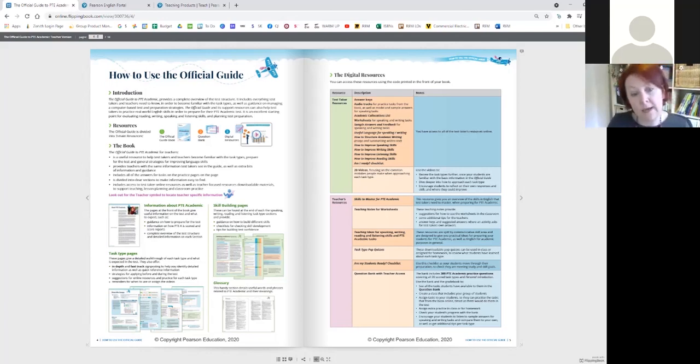So this is your opening page, and this tells you all about the book, all of the things that you get. It explains a little bit about how to use it. And then you have a really useful page here on the right, which outlines your digital resources, all of those useful tools and things that you get. And you have the test taker ones, so you know what they have. And then you have the teacher ones and some suggestions as to where you might use those or what they're for. I know it's a bit small for you now, but that's really useful. That's a whole list of everything that you get in terms of those downloadable resources.